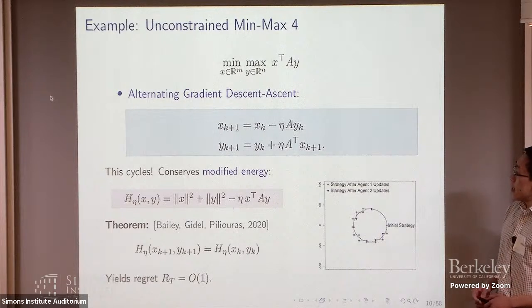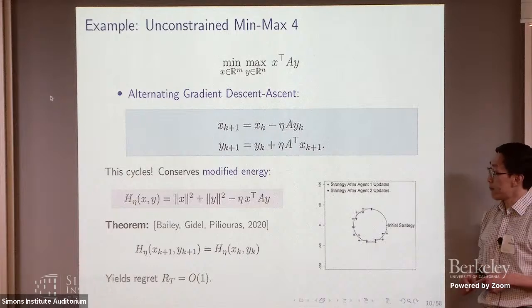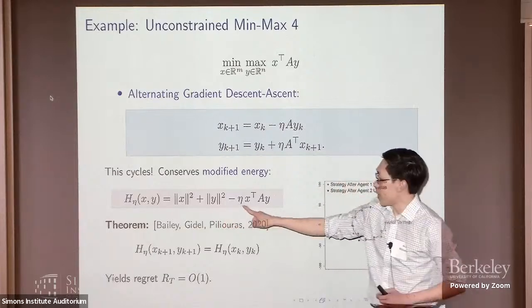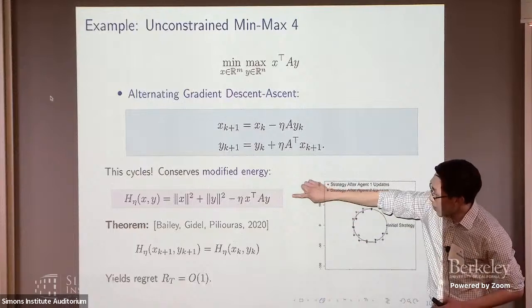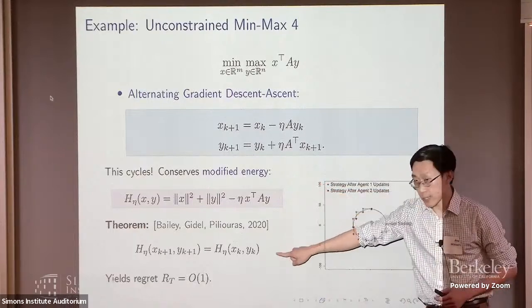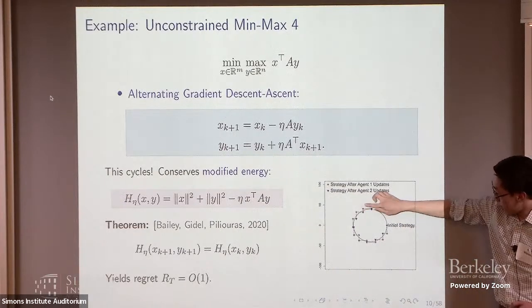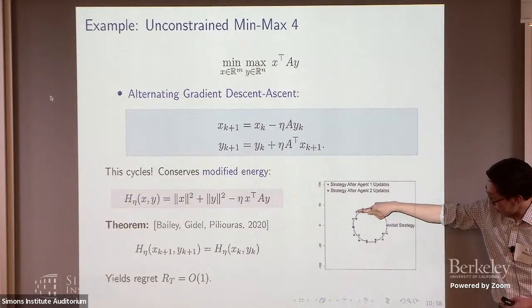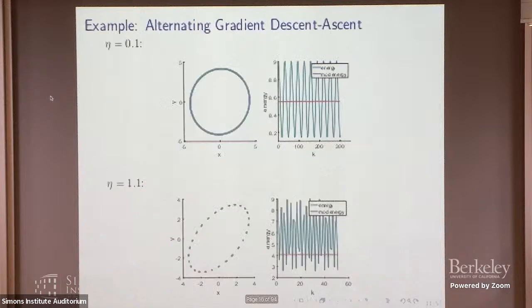says that in this quadratic case, the energy itself is not conserved, the radius squared is not conserved, but there is a modified energy where you take the original sum of squares, but then minus a small correction term that depends on step size. And in this case, you can check that this modified energy is preserved in each iteration. And graphically, you make two updates within each iteration, and you can show that it's actually conserved. So they have very different behavior.